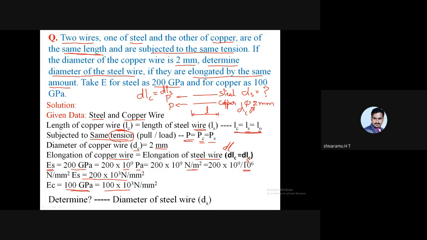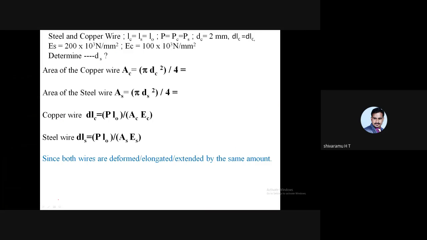So here it is asked to determine the diameter of the steel wire. How much is the diameter of the steel wire when both the wires are loaded with the same load and the deformation or extension also are the same, and we need to compute the diameter of the steel wire. Anyway, here given is steel and copper wire, so the length is equal,